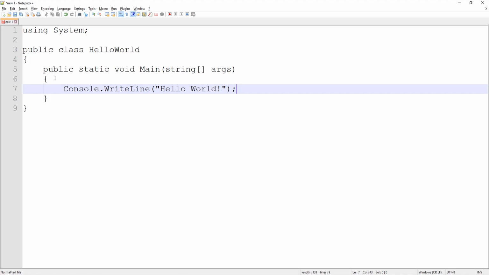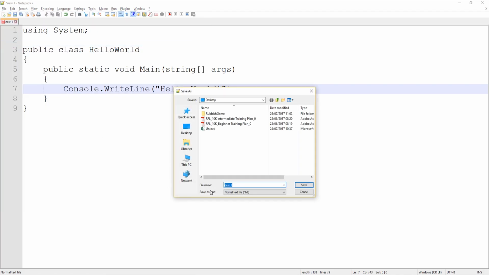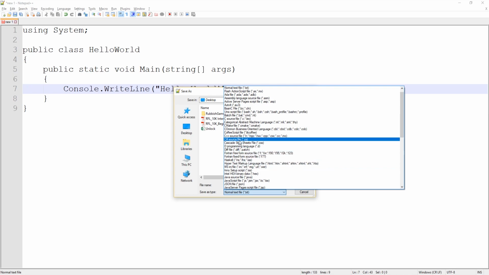First things first, we need to save the file. Head up to File, and I'm going to click Save. I've got a bunch of stuff here on my desktop, and that's where I'm going to save it. I'm going to call it HelloWorld, spelled exactly the same as the class. And then, instead of a text file, I'm going to use .cs, which is a C# source